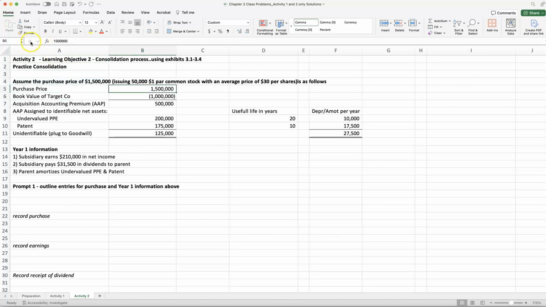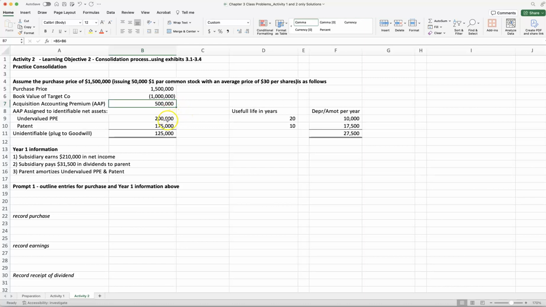Our purchase price is $1.5 million. That's what we've paid. We did it by issuing shares. The book value of the company that we purchased is $1 million. And remember, the book value is always going to be the assets minus the liabilities, or said differently, it's going to be equal to their GAAP stockholders' equity. So we paid $500,000 more than the book value of the company,